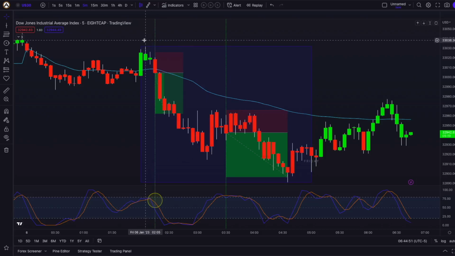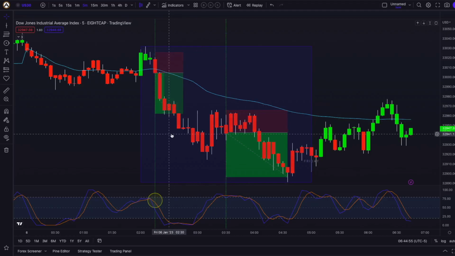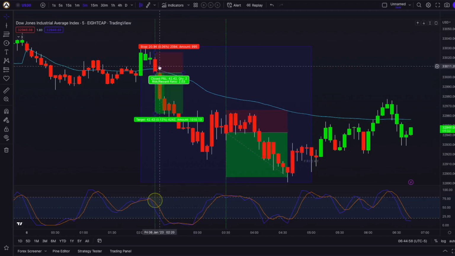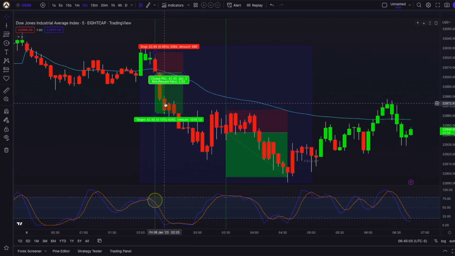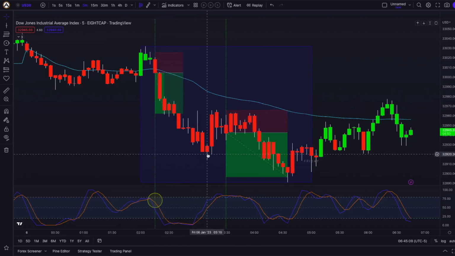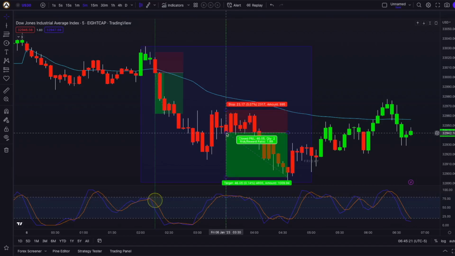We are not interested in basically profiting on this whole move to the downside. We just want to scalp our bits and pieces, or our pips basically, out of this move to the downside. So our take profit target has been hit right here on this trade, and we continued further to the downside. We had a pullback right here, and on this pullback we did not retest the VWAP right here, but again the stochastic RSI went above the 80 level, crossed over bearish right here, so we entered right here at the close of this candle,